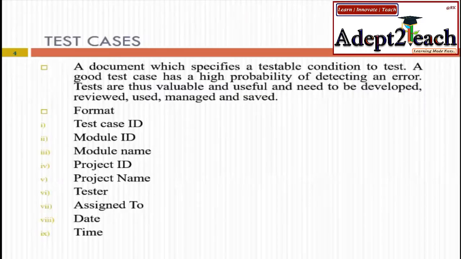The test case should include the test ID, for any type of testing you are going to perform, whatever test case you are writing. Every test case gets a unique ID, so it differs from the next test case. For example, one test case could be: when I'm writing gmail.com on Google Chrome, whether it is showing the website, the home page of that particular GUI, or not. That can be one test case with one unique ID.